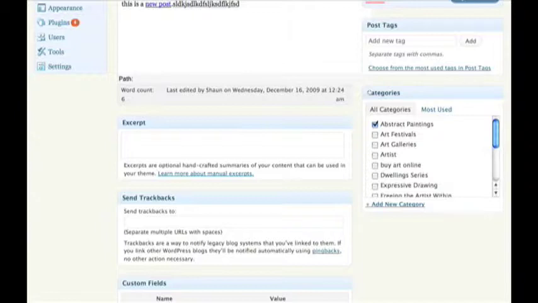The way we do that is, number one, in the body of your post, you're going to include those words, and also in the tags and categories. Those are very important. The tags here are the words that people would be typing into the search engines if they were looking for your product. For the rest of this example, let's say that